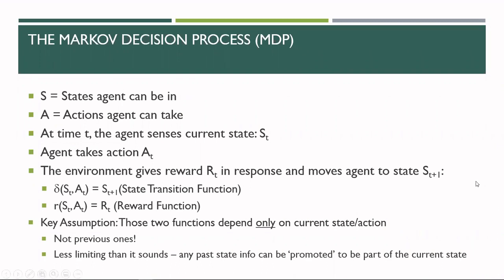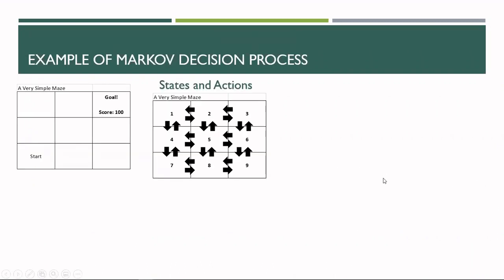But reinforcement learners are always going to be solving an MDP. So mathematically, the Bellman equations are what we use to solve MDPs. So an example of the Markov decision process: